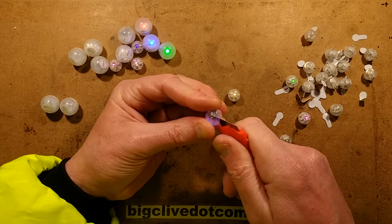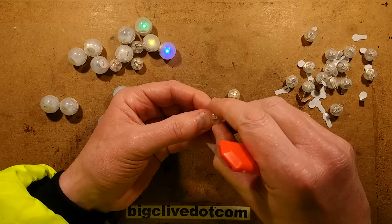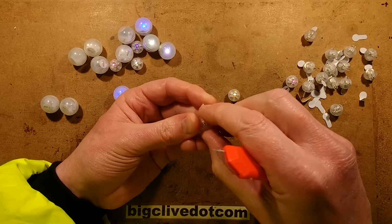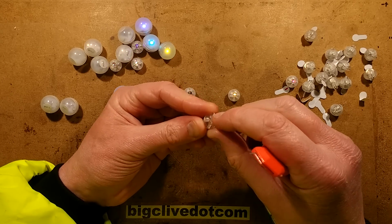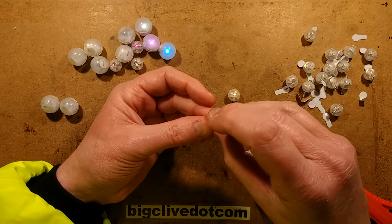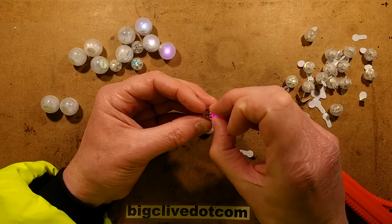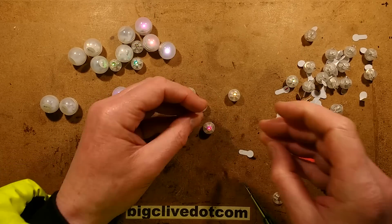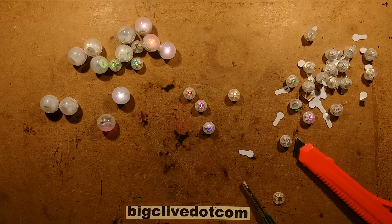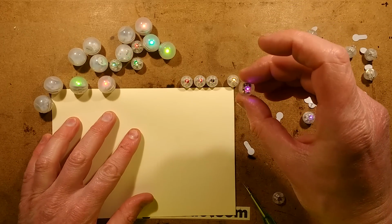So once it's open, you've got the LED just popped off here. Is it trapped in any way? It's kind of a friction fit, a press fit into the end of that. But it is jammed either side by the batteries, and there's a spring as well. So I'll just doodle that. Where's the paper? So its construction is,